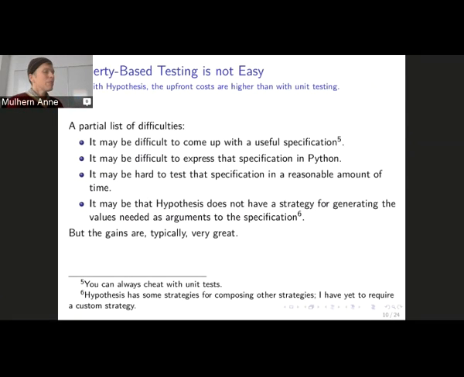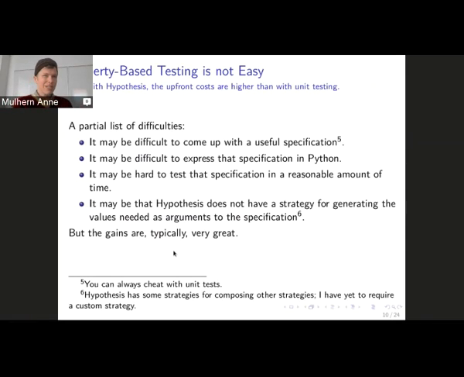It may also be that whatever you really want to test will take a long time to test, but that would probably be the case with unit tests as well. And it may be that the values you want to test on are ones that hypothesis doesn't already have a strategy for. Now, it turns out that hypothesis has higher level strategies that allow you to build your own strategies from its simpler strategies, and also that it has an extras library so that people can contribute strategies that need to be built from scratch or independently.